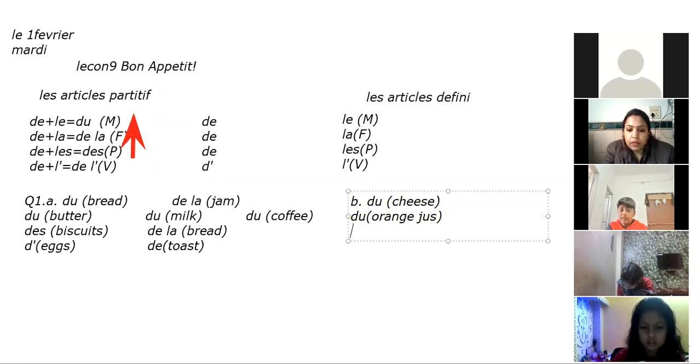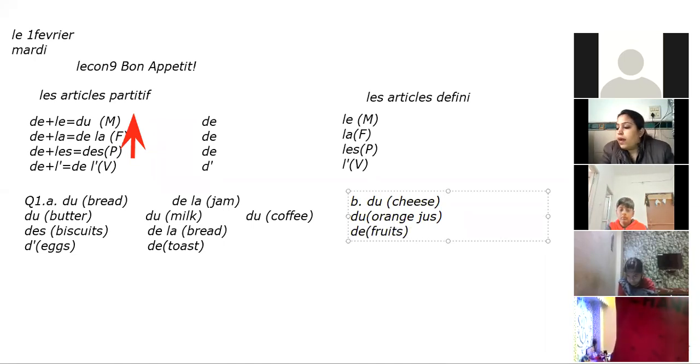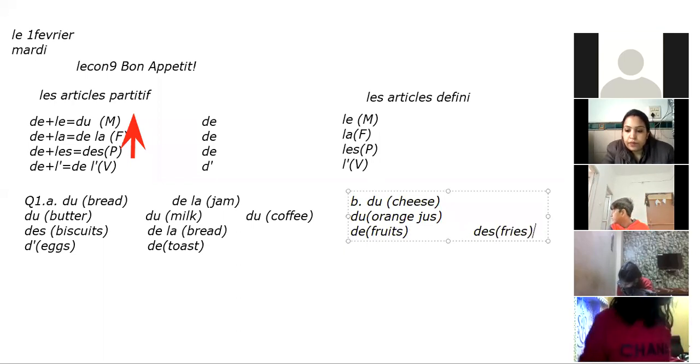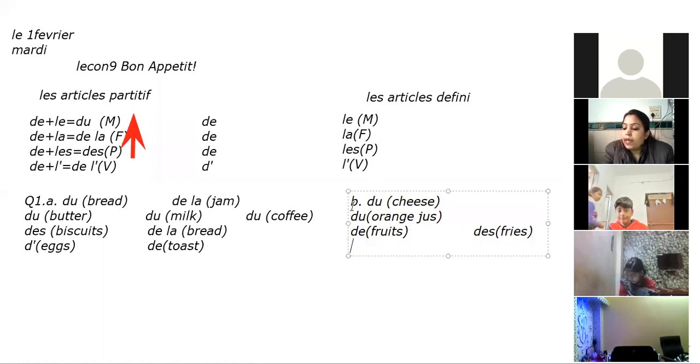Elle ne prend pas des fruits. Again, it will be the fruit. Fruits are the fruits only. And sa mère mange dash frites. Sa mère mange des frites. Frites are the fries. And elle boit dash thé aussi, and she drinks dash tea also. Tea is again masculine, so I have placed de.